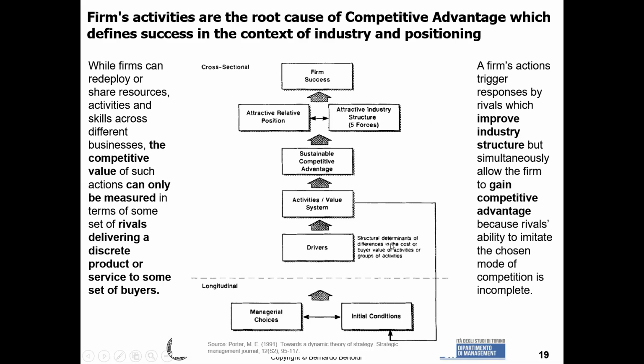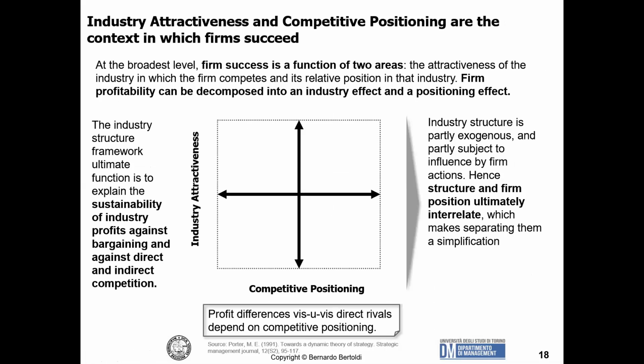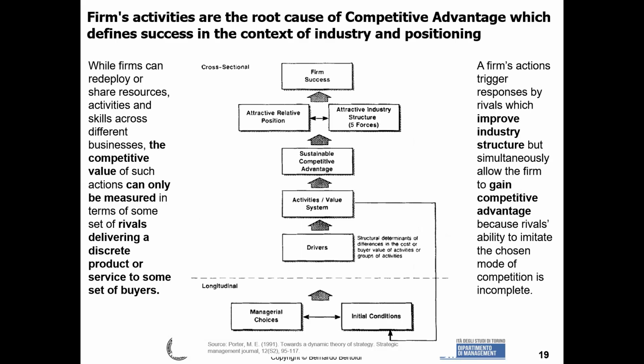In this process, you are always working. Your positioning is influencing the industry, and the industry is influencing your position. So coming back to the chart we saw before, industry attractiveness and company positioning are working together and are always changing, not reaching an equilibrium, but always, through tension, evolving the industry structure.